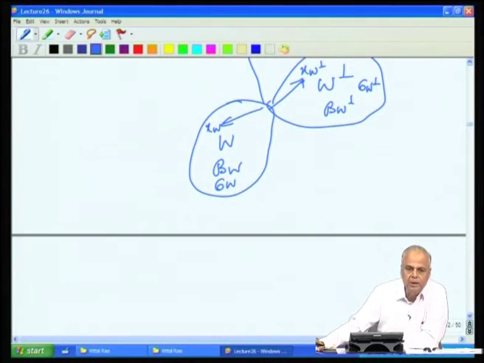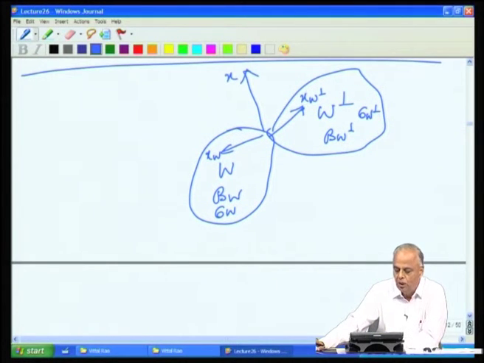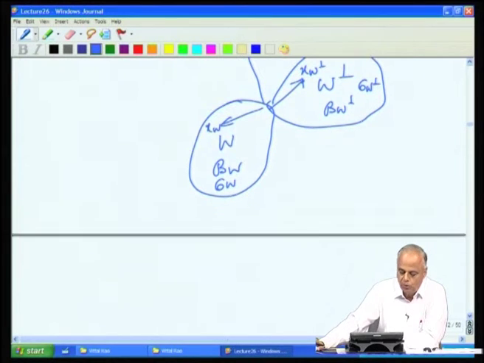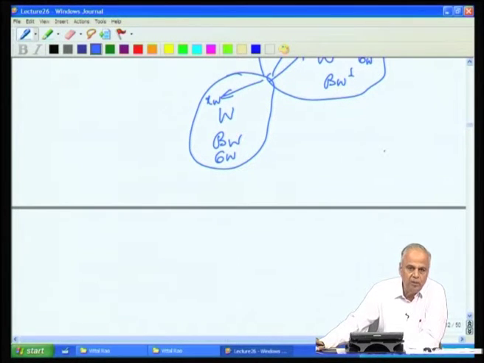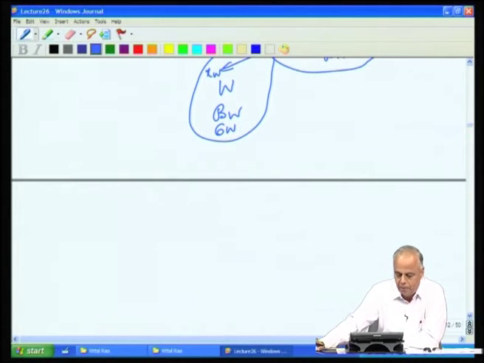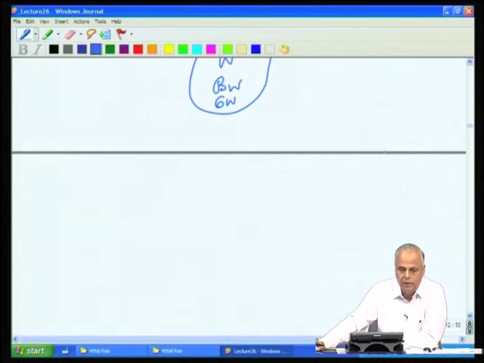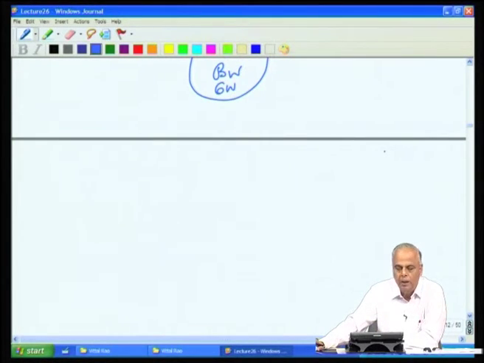Now, given the vector space, which W do we choose in order to analyze, which subspace will we choose and whose orthogonal complement will we choose, so that the splitting is useful for us. And therefore, the splitting of the vector space in terms of a subspace and its orthogonal complement depends on the problem that we have in hand. Now, we shall focus mainly on the problems connected with matrices, and therefore, we shall look at matrices and the subspaces and the orthogonal complements.